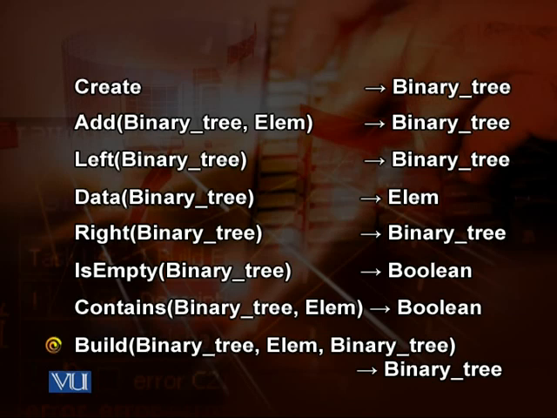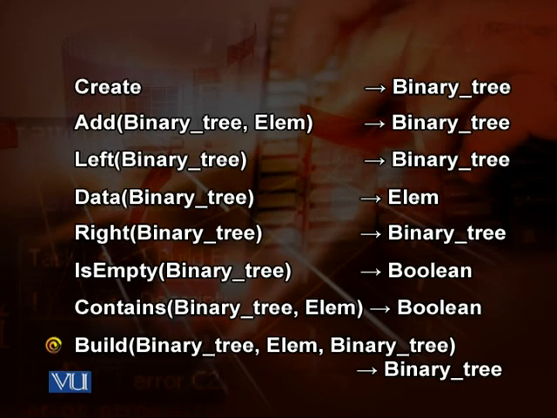The first argument is a binary search tree, the second argument is an element, and the third argument is once again a binary search tree, and it returns a binary search tree. The basic purpose of build is that given two binary search trees, that is, the left subtree and a right subtree of a binary search tree,